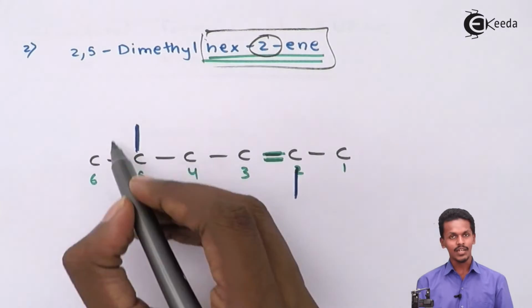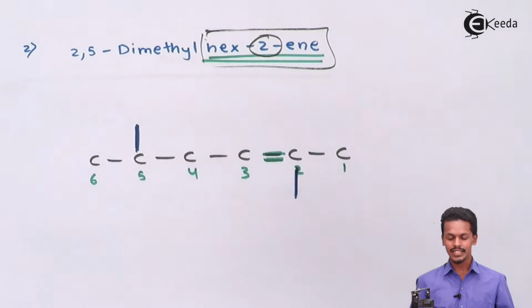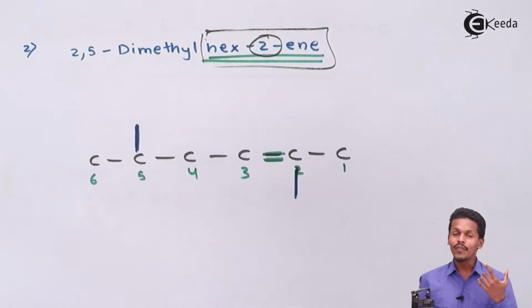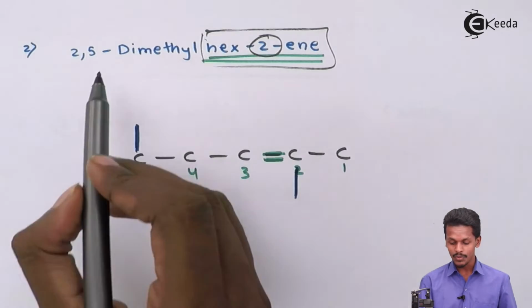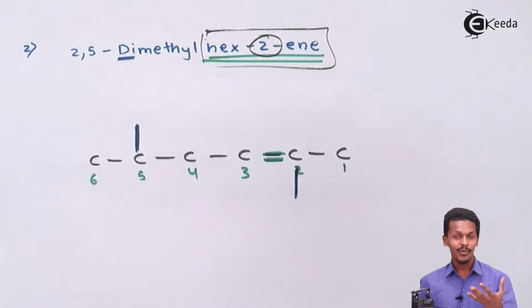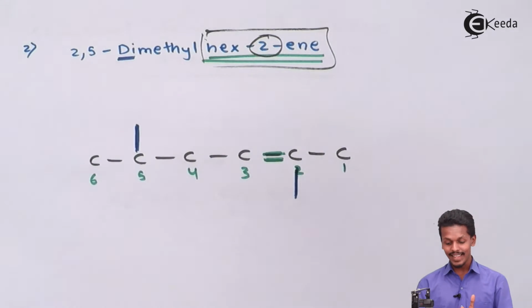So these are all single bonds, even this is a single bond, even this is a single bond, and moreover we could see that a methyl group has been attached. But there is not only one methyl group, there are basically 2 methyl groups. This is how I got to know, because here I have seen it as dimethyl. So dimethyl means there are 2 methyl groups, and they are being attached at the carbon number 2 and